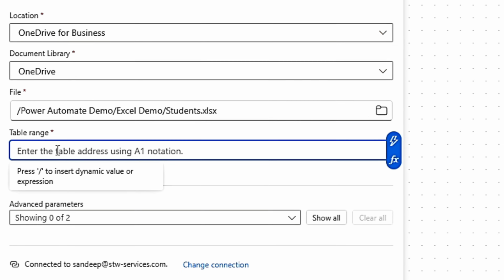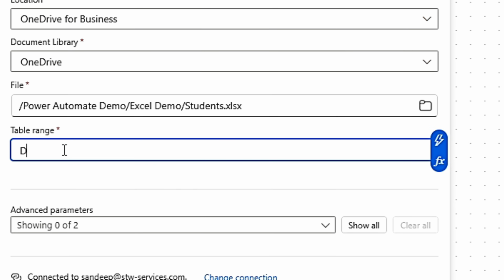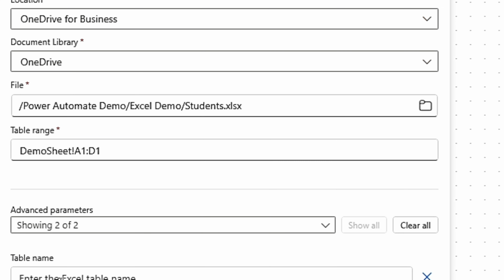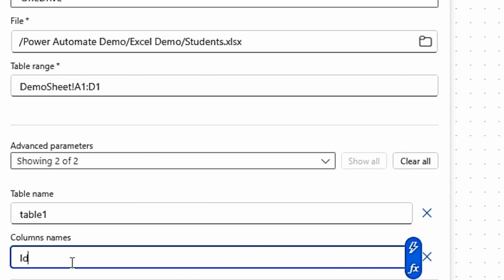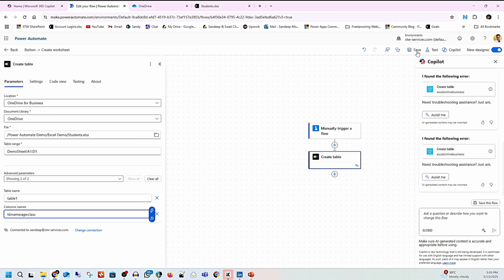But my friend, we have multiple sheets, and that's why we have to give the sheet name first, demo sheet, then give the range, that is A colon D. So now we have the range here, and after that you can also add the table name, that is Table1, and the columns we can use like ID, then name, then age, then class. And let me save it